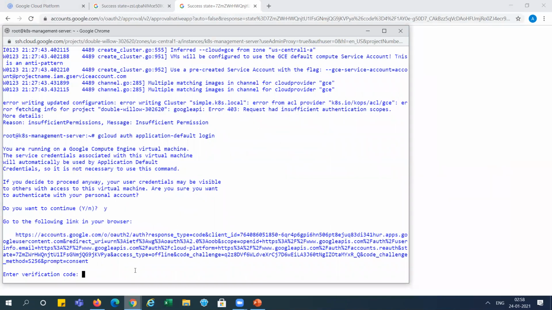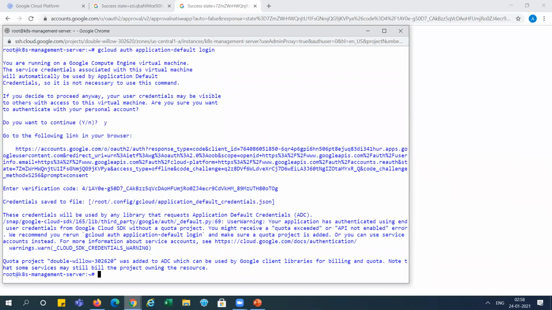I'm pasting the verification code here, then enter. Now you can see credentials are added to the ADC, which can be used by the Google Client Library for billing, right? Now I think we can run our command, right? I'm running this command again.